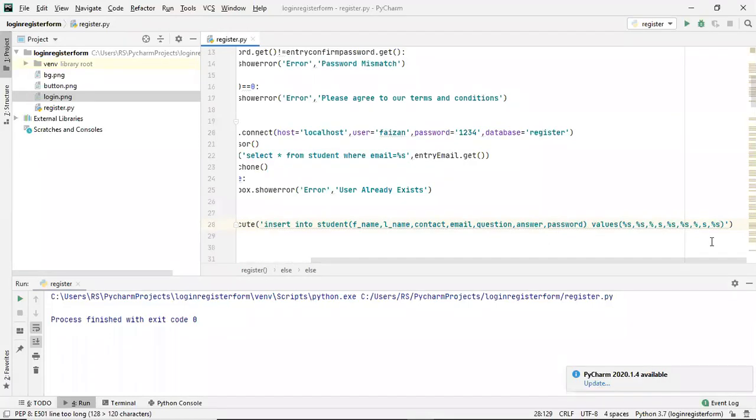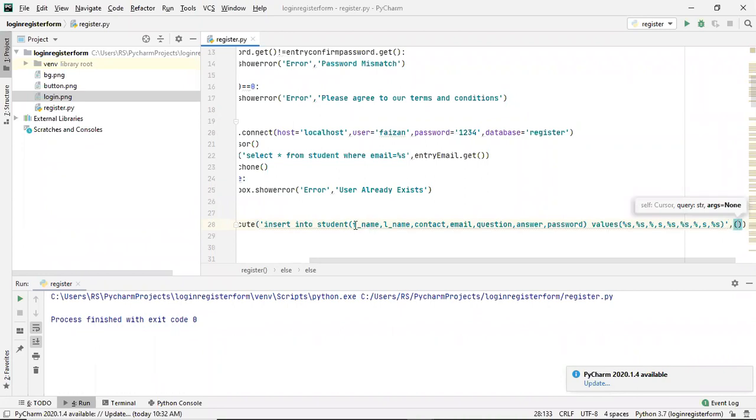Okay, next thing is that after entering this, we will be entering all the values here, comma. First of all we will get the first name.